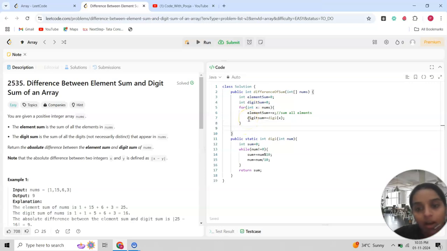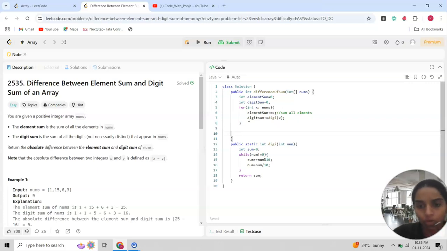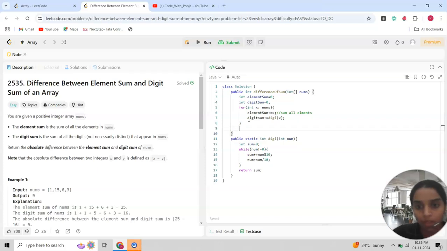Now I could also create another variable to store the absolute value, but I don't want to use more space, so I'm just using it directly in the return. Now I'm just writing Math dot absolute difference of